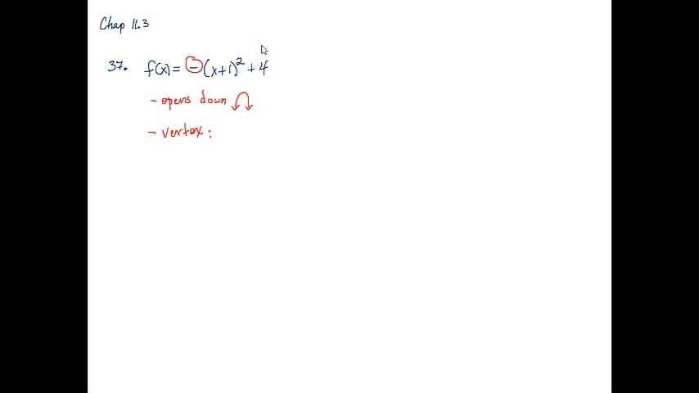Well, remember the form of this is a times parentheses x minus h whole thing squared plus k. Well, when you look at our problem, it's not in the right form, right? Inside the parentheses should be a minus sign. Right now it's a plus sign. So let us rewrite this and make a minus sign in here. So we have negative x minus, well, if we make your plus a minus sign, the 1 becomes negative 1, plus